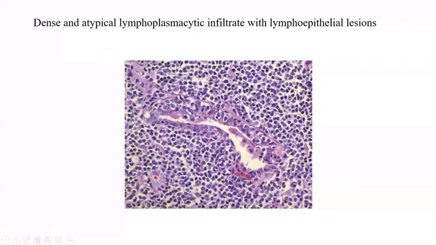The particular histology is the lymphoepithelial lesion, which is a very characteristic feature of MALT lymphoma. You can see this is a bronchial epithelium, so it can also involve the lung. They are infiltrated by lymphoid cells, and together they comprise the lymphoepithelial lesion. Lympho because of lymphoid cell infiltration, epithelial because it is an epithelial gland, so it is known as lymphoepithelial lesion, which is very characteristic of marginal zone lymphoma.